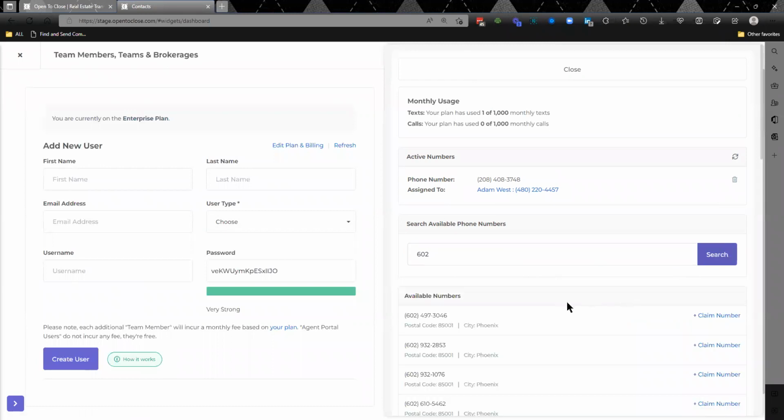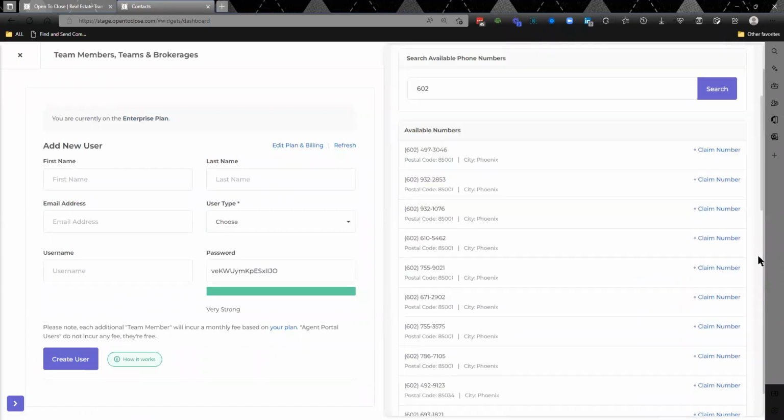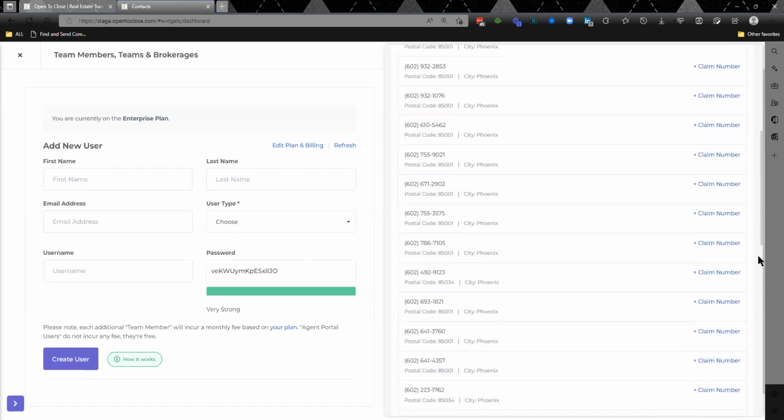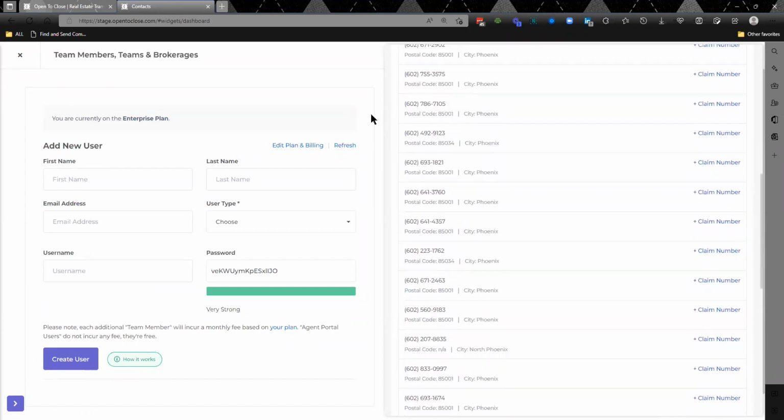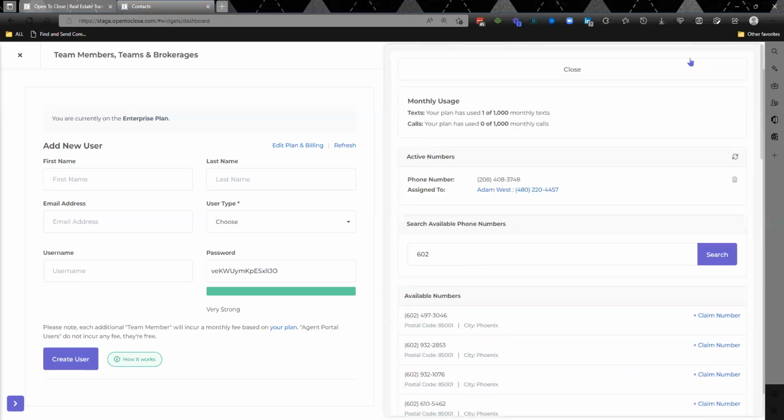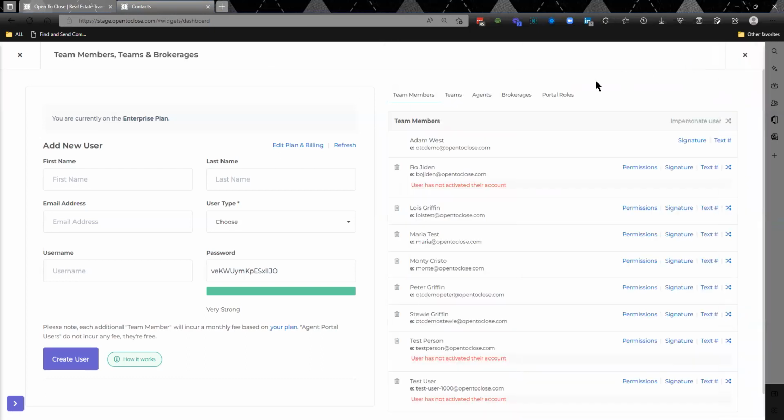The numbers that are showing up here are just pulling from Twilio. So they're going to be whatever's here. And this is purely for notification. It's so that you can text out of this application, text yourself, text other people. You can notify yourself. You can notify other people that are on the transactions if you want to send them messages, specifically text messages. This is how you're communicating outside of the transaction. Yeah. And there will be some changes to the texting in the future, but for right now,